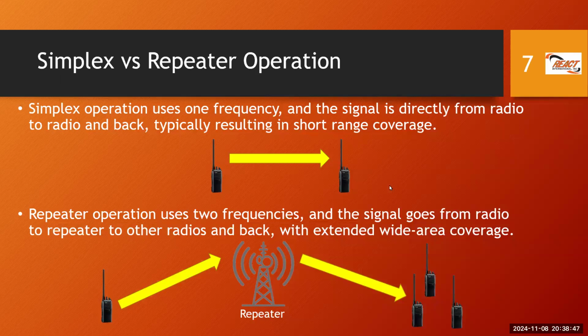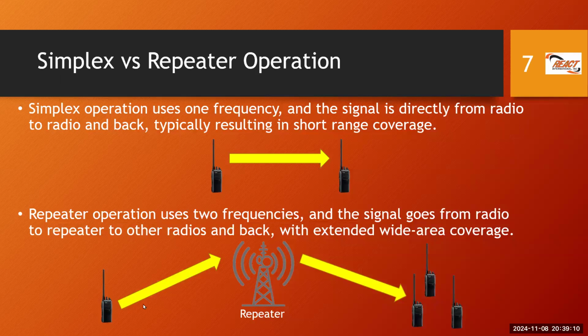And when the person wishes to talk back to you, they press their push to talk and speak into the radio, and the signal leaves their antenna and reaches yours directly. Maybe there's line of sight. If you have good enough eyesight or use binoculars, you could see the person on the other end. So that's line of sight communication, or short range communication, and we're using one frequency.